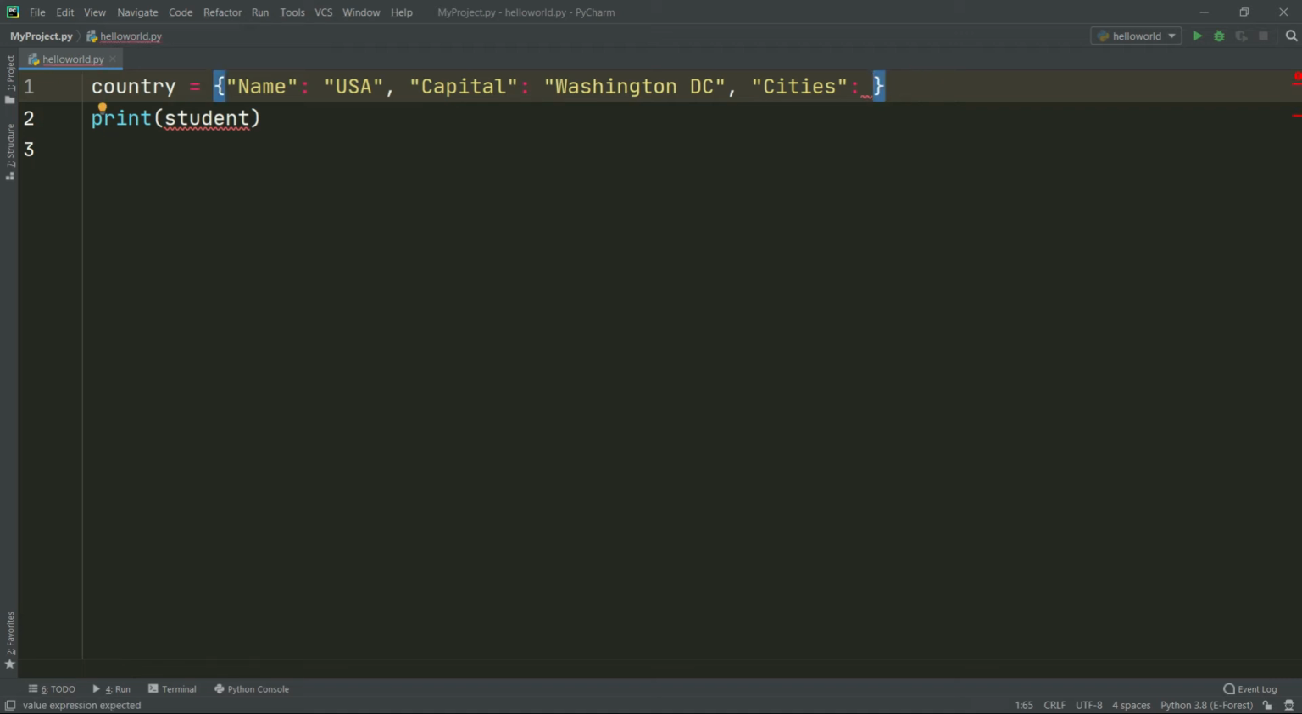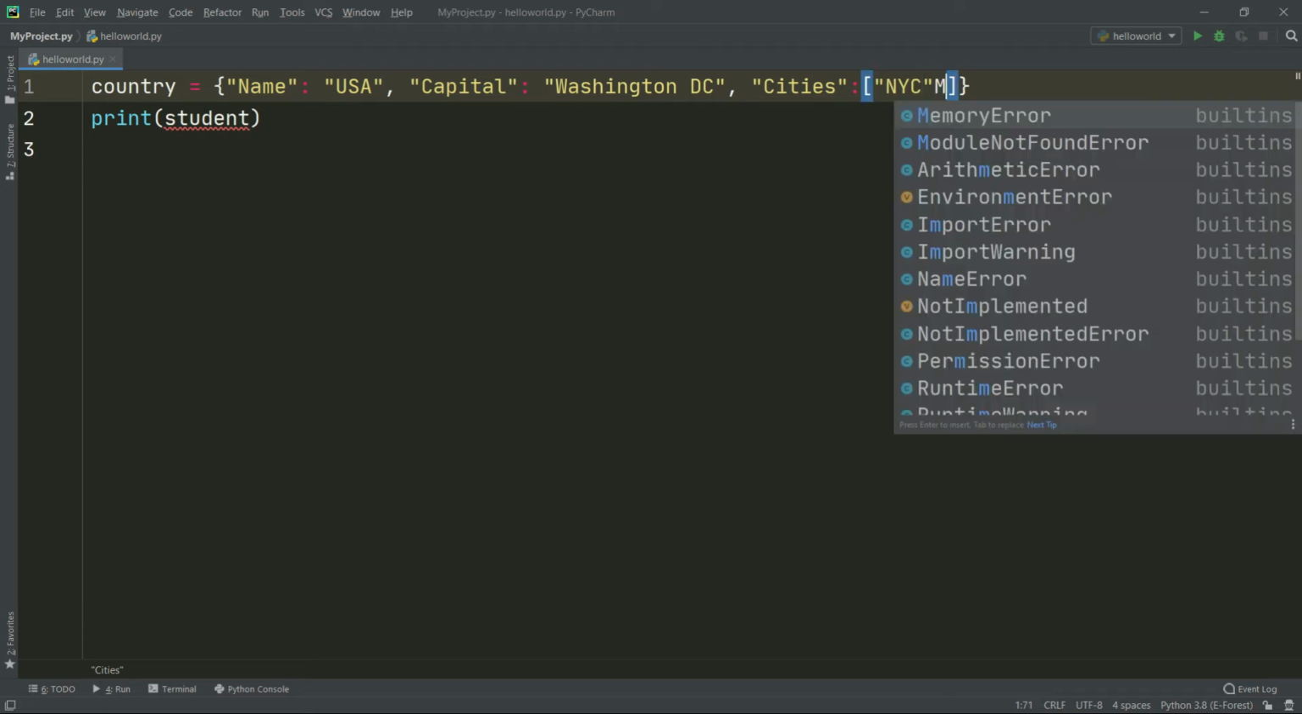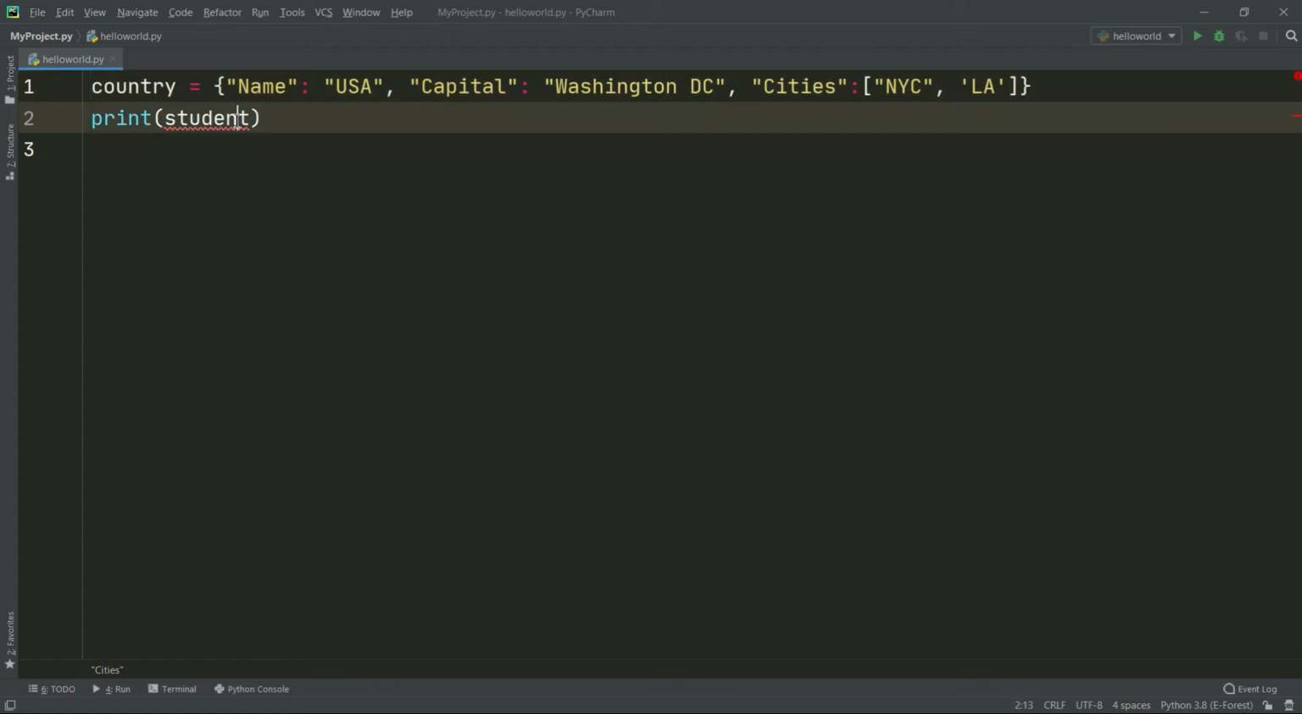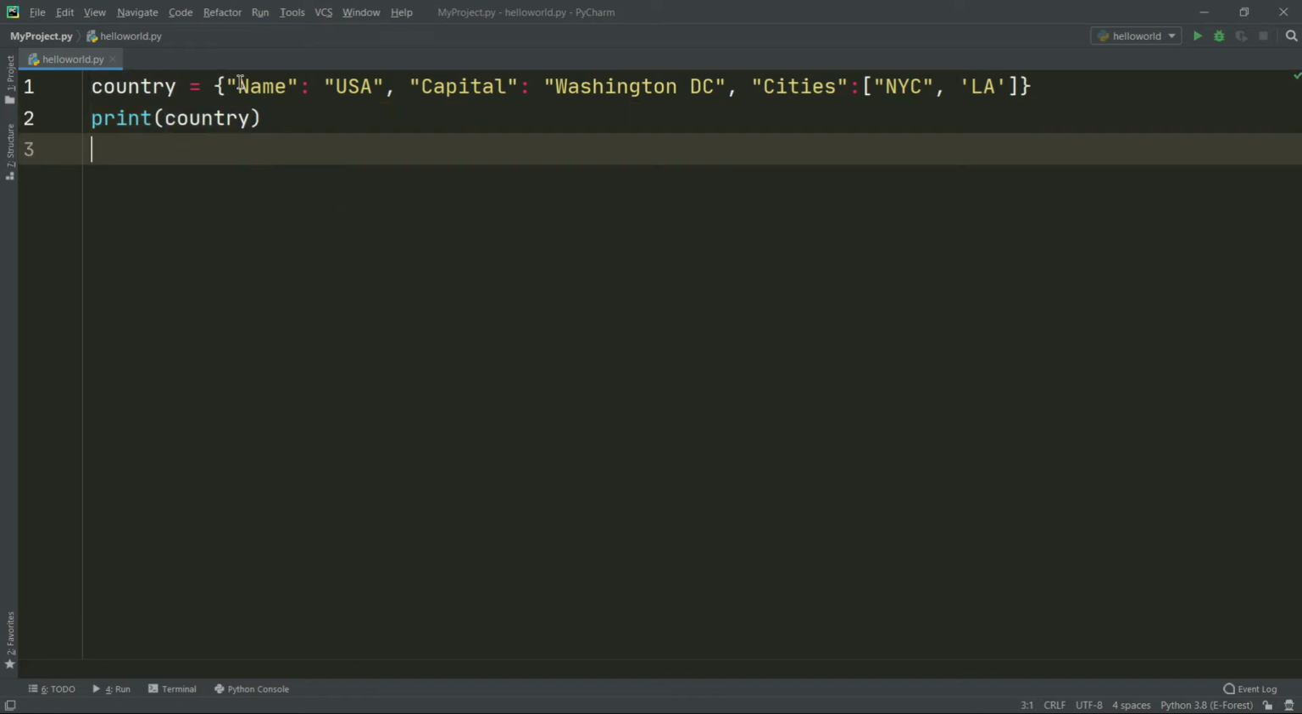Now here I'm just going to tell you how we can use lists or nested dictionaries inside a dictionary. So I'm just going to say a list of cities. So I'm going to say NYC, everybody knows it, New York City, and then I'm going to say Los Angeles. Sorry for the comparison, but I just have to give you an example. So I'm going to say country. Okay, now notice what I did here. I simply said name is USA, and capital of USA was Washington DC, and cities in USA, I made